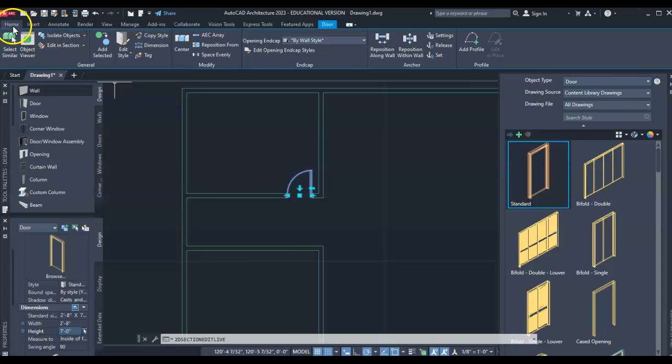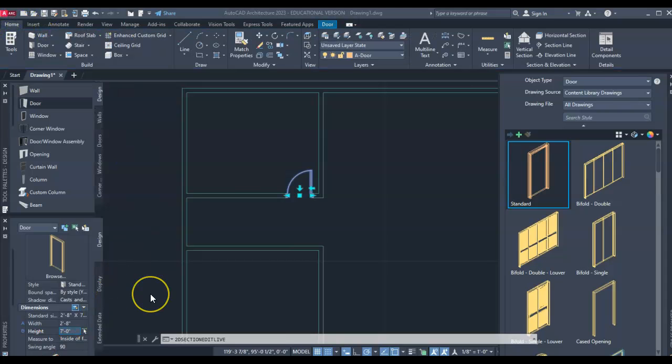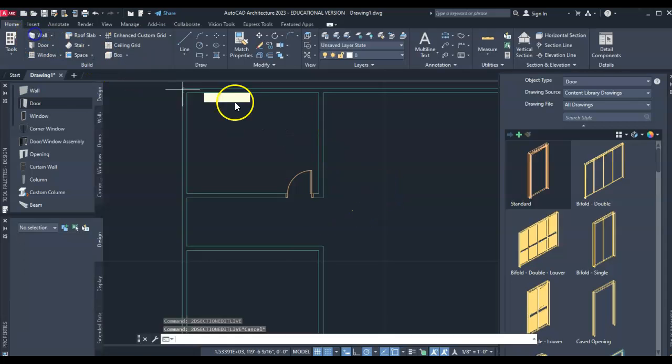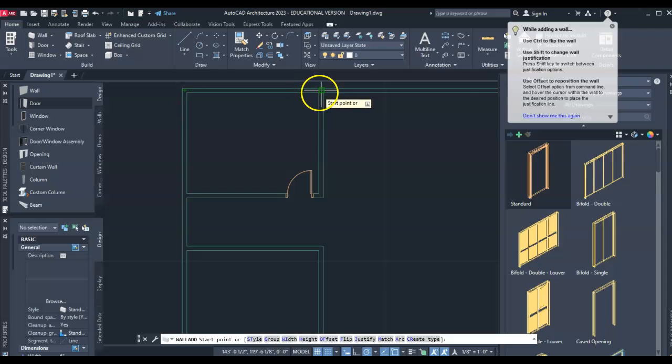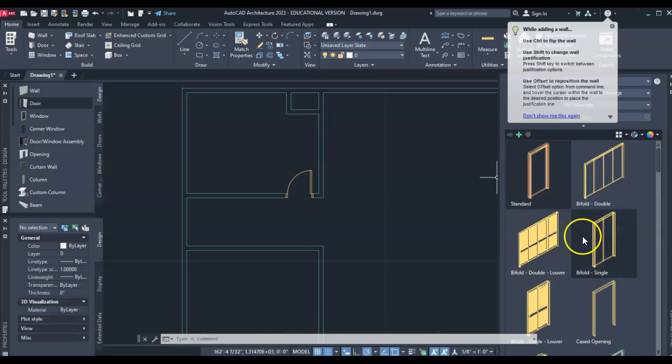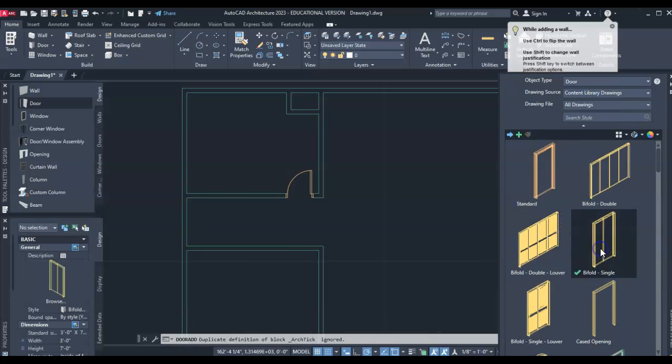When you're selected on the door, it may change the toolbar up at the top. You can either click home or hit escape and it should back out for you. But let me add a closet in here real quick. And that would be a super small closet. But just to show you how the different doors look, if I would select a bifold door,